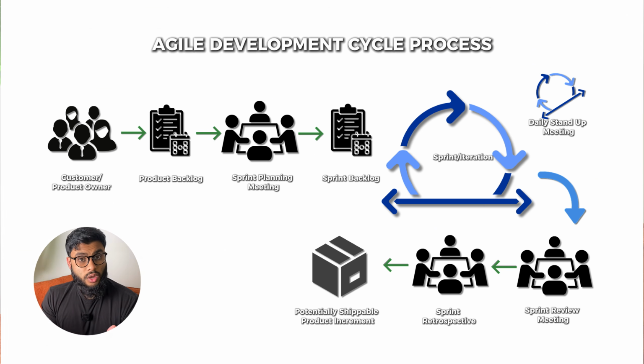What are we going to focus on? Then you have the sprint backlog. Okay, think of the sprint backlog as a small part of the actual product backlog, but the focus is on this sprint. Then you have the iteration, with the daily stand-up that happens in the iteration. And then after that, you have the sprint review meeting with the client. And then you have the sprint retrospective, right? And then lastly, you can have an MVP or an increment of the product being made. Okay, that is the cycle.